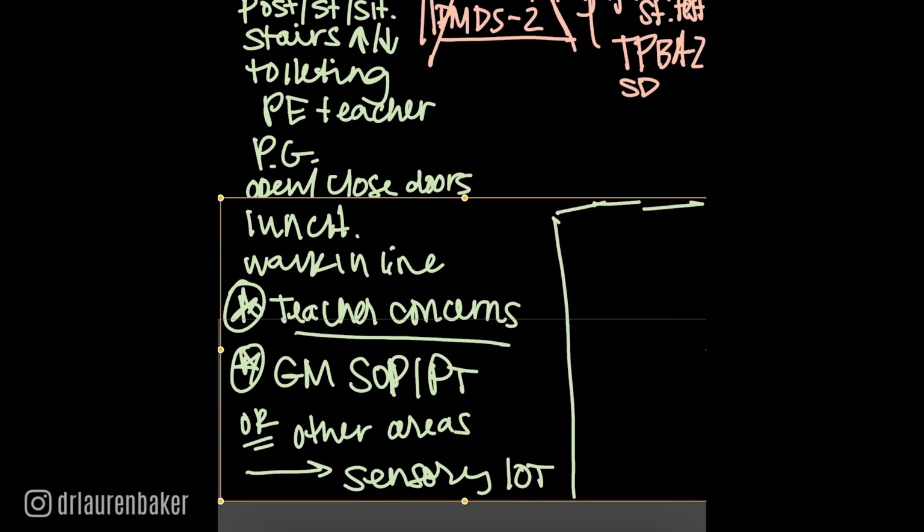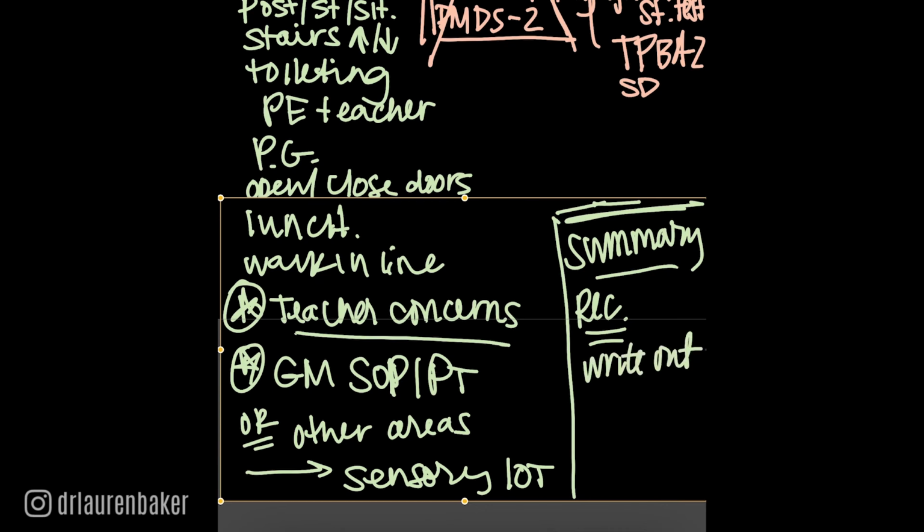And then I'm also going to do kind of a summary. And if I feel as though maybe there's some orthopedic concerns, but it's not showing an educationally relevant impairment, it's not really impacting their actual experience in the school and in accessing their education, I'm going to do a recommendation section, and I'm going to write out what I see and why that's maybe more of the medical model of PT, and almost write like a referral to outpatient orthopedics